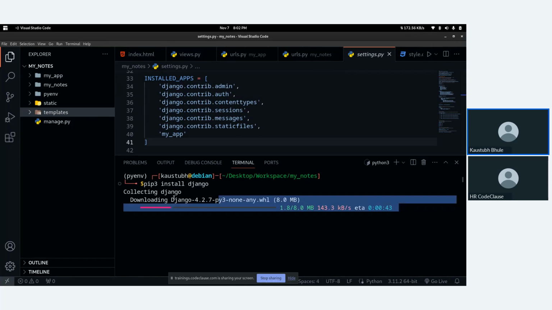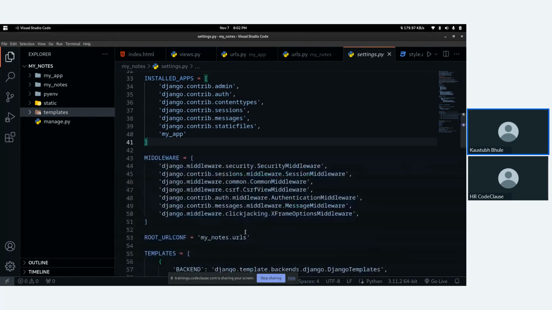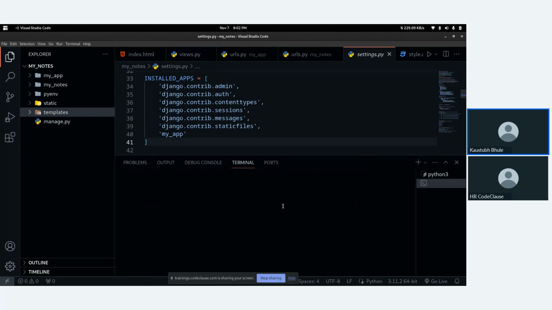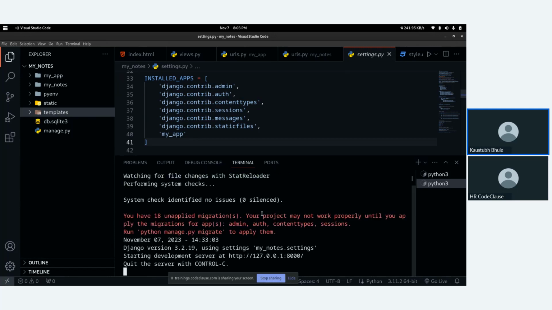Let Django get installed. Up to now, I will run the project without the virtual environment. So I can do python3 manage.py runserver. Okay. Now you can see here's our link.